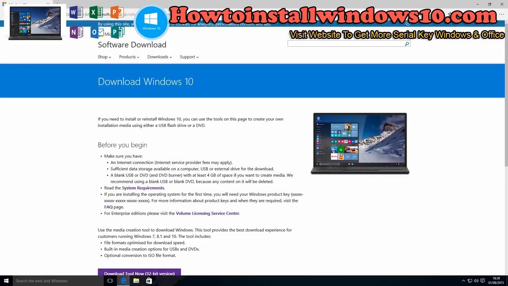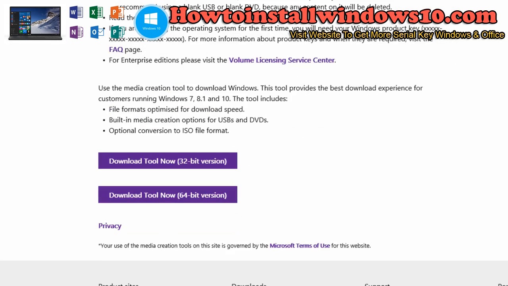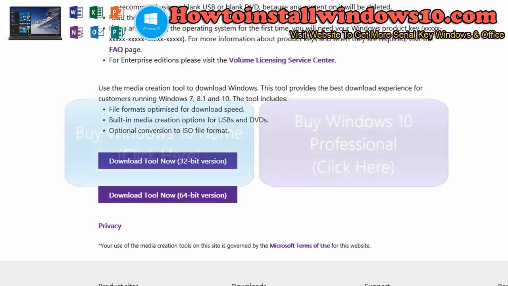official site. And once you've reached this page, you'll see that you have to have an active internet connection, and you'll need some data storage capacity in order to store the ISO file. So assuming that you've read the system requirements and also that you have a Windows product key,